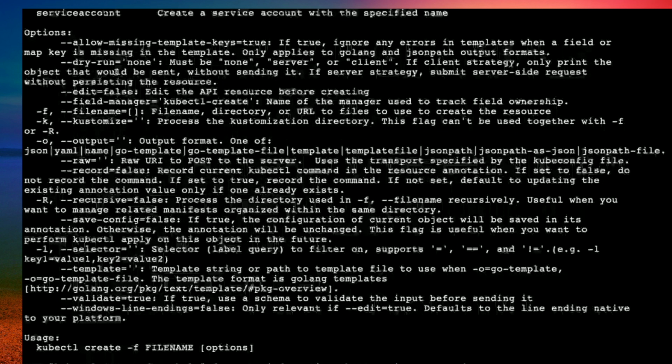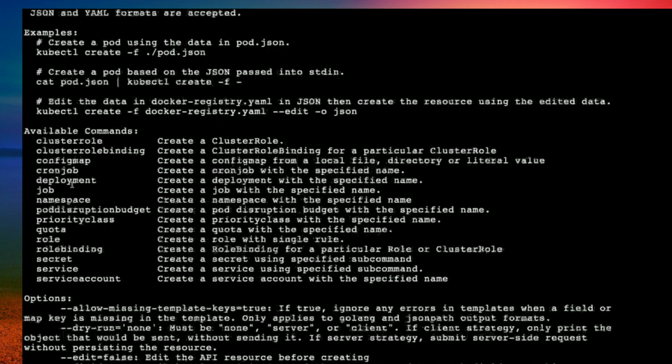If you have followed my Minikube video, you already have a Nginx pod running. Though we created the pod directly using the kubectl command as shown in the video, the kubectl create command doesn't have any option for creating a pod.